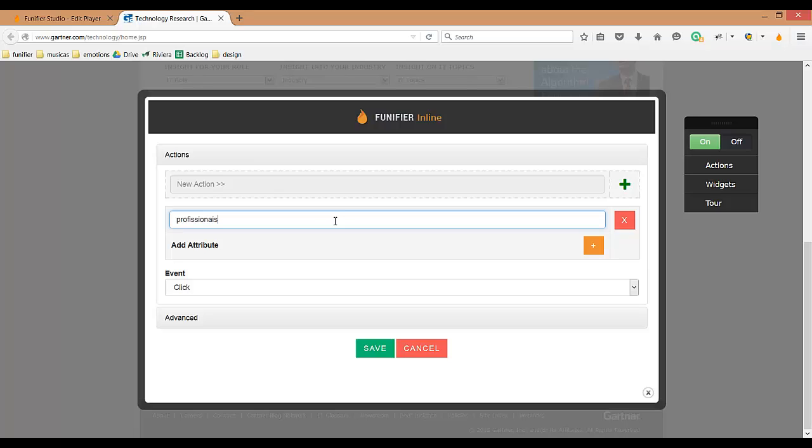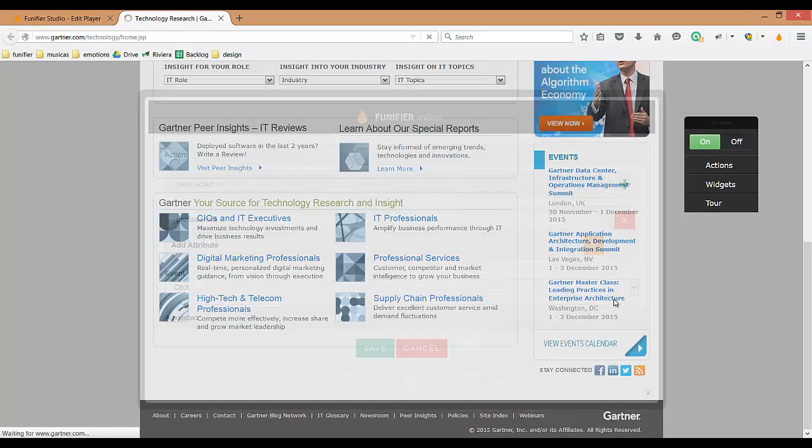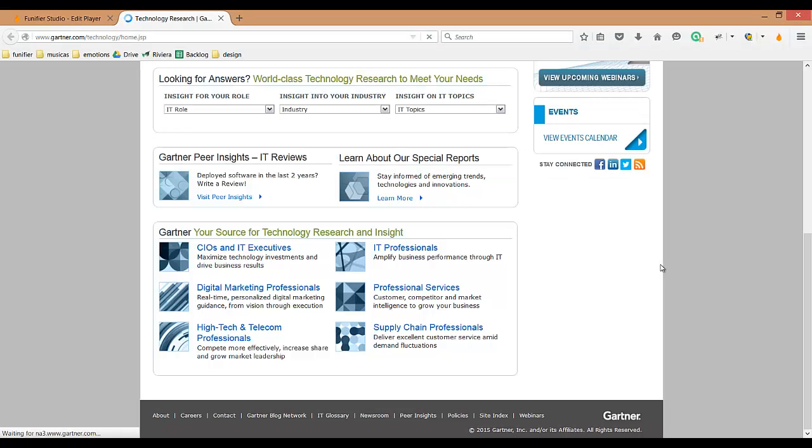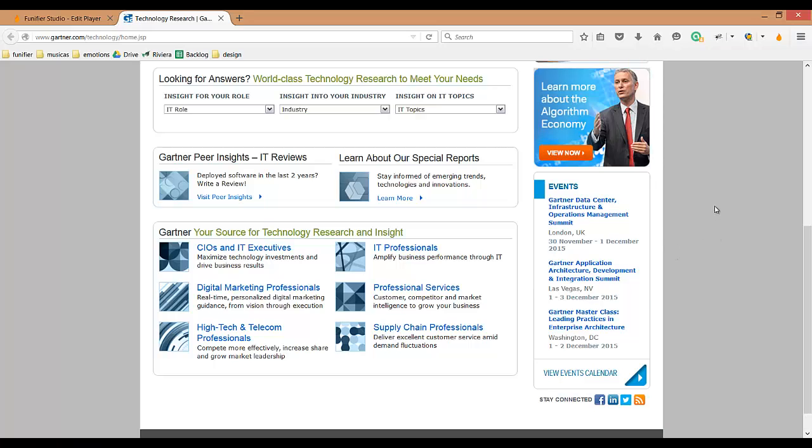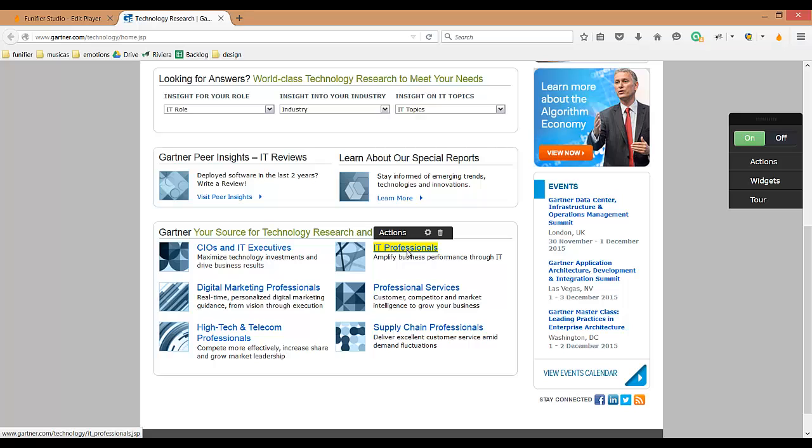So, when that link is clicked, Funifier will receive the information that the professional action has been taken. When performing this setting, Funifier will now monitor this click